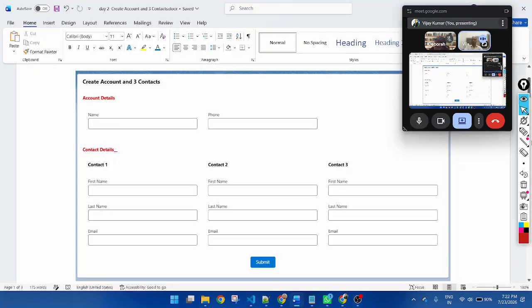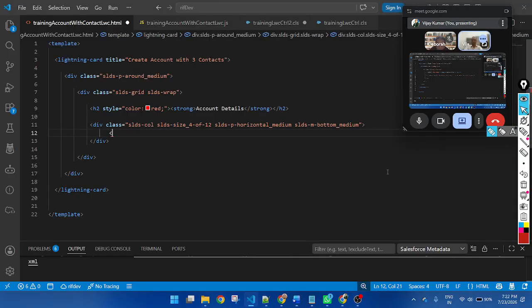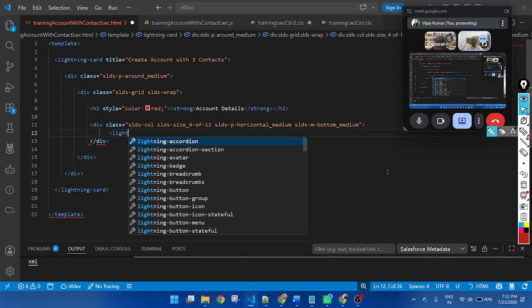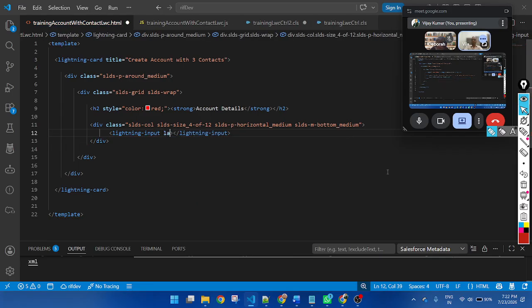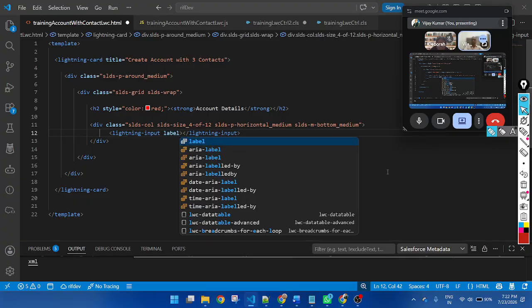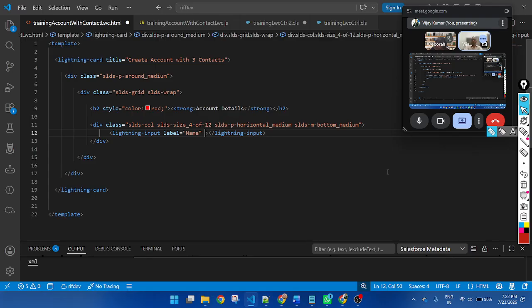And here I will first create an input field for name, lightning input, this one, label name, you can define ACC name. Keep in mind, name will be unique every time.